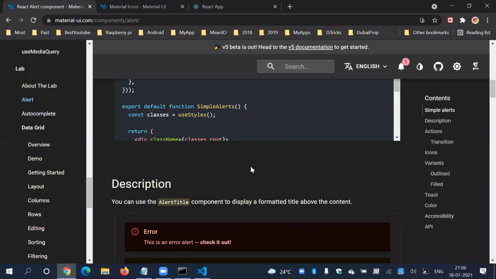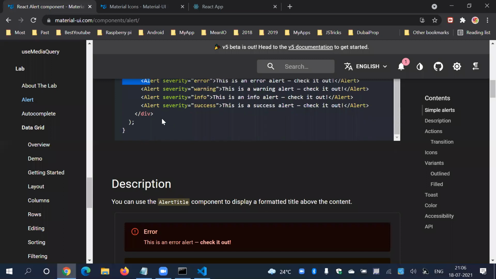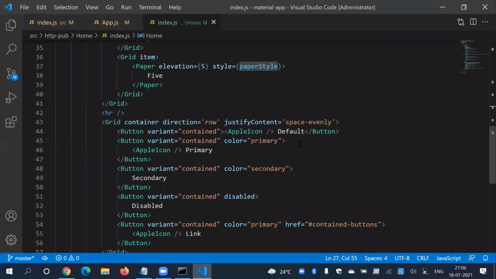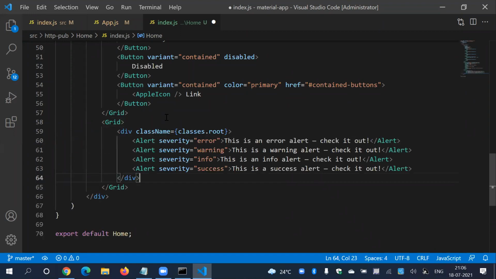Copy, inside a div. Let me copy everything from here. And yeah, I think it's done. Let's close this. After everything, I'm going to copy this grid. Sorry, grid, and paste it over here.